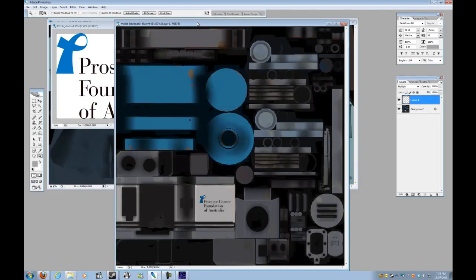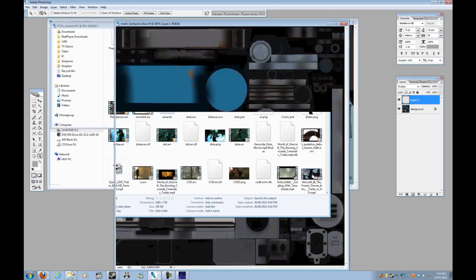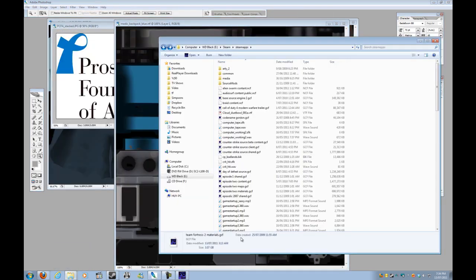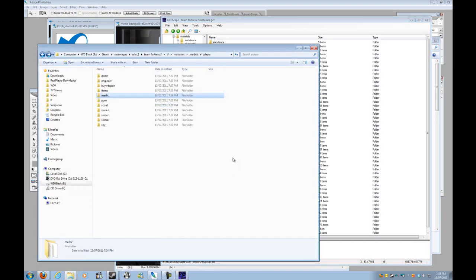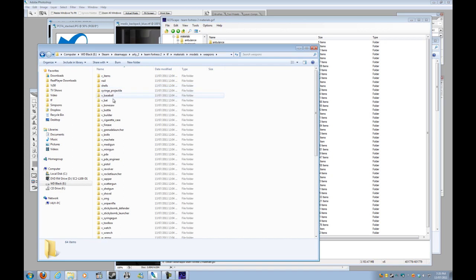So yeah, that's how I did the backpack in the C4C intro. The same thing applies with the weapon skins. So if you go back to Steam apps inside GCF Escape, you've got the weapon models. You can extract all that out, and you're going to have the weapons folder inside the models folder of the materials folder. And once you open that up, you can see you've got V underscore,